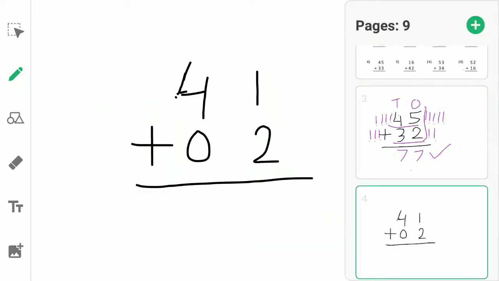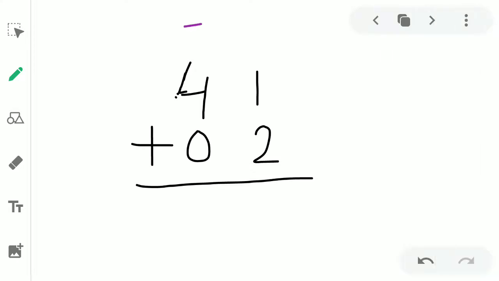Now let us start with a few more examples, and the concept is going to be very clear to you. Again we are going to write tens and ones. At the top, first of all we will write tens and ones. As I told you, here we have numbers at the place of tens also, 4, and at the place of ones also. So this is a 2-digit number. Here also we have a number 0 at the place of tens and 2 at the place of ones, and this is again a 2-digit number.